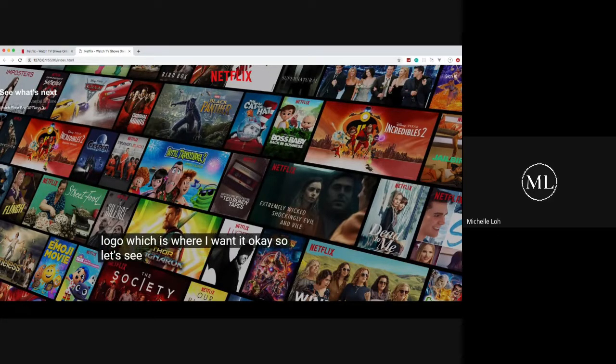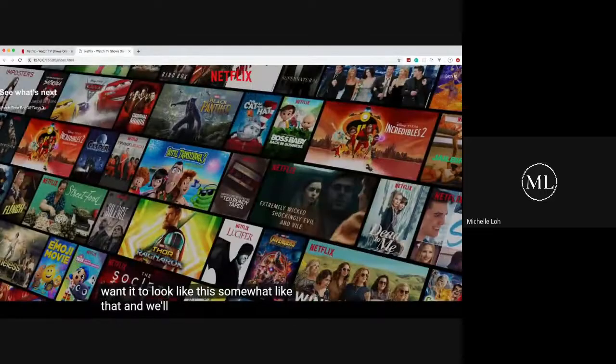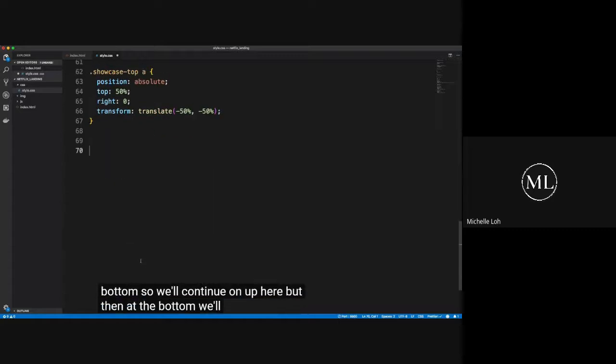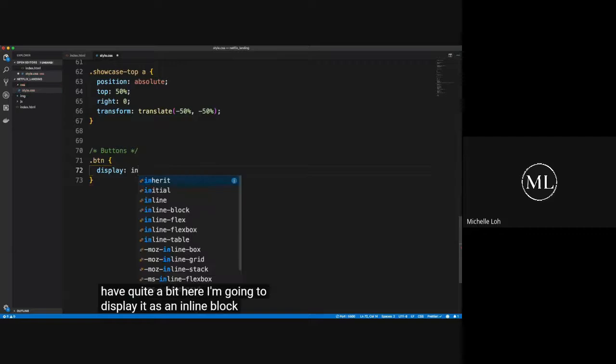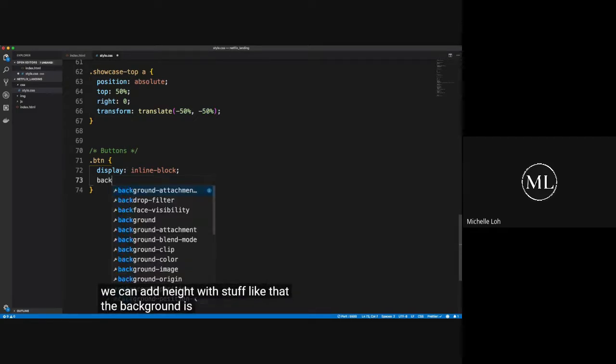Okay, so let's do the button class, because we want it to look somewhat like this, and we'll be using the button class quite a bit. Usually what I like to do is have our utility classes at the bottom. So we'll continue on up here, but then at the bottom we'll have our utility classes like buttons. So let's do a class of BTN, and we're going to have quite a bit here. I'm going to display it as an inline block. So basically it's inline, but we can add height, width, stuff like that. The background is going to be